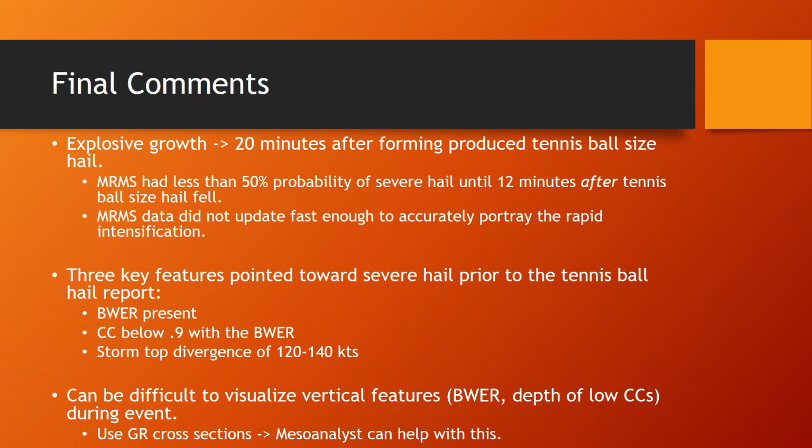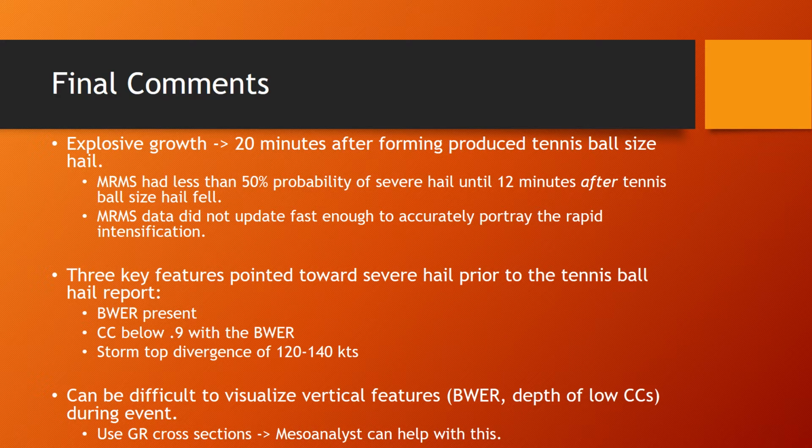So to conclude, I have some final comments. As you can see, this storm had just remarkable growth, very explosive growth. Within 20 minutes after forming, we had tennis ball hail being reported. MRMS had absolutely no idea what was going on with this storm. The storm was developing so rapidly, MRMS just couldn't keep up with it. It had less than 50% probability of severe hail until 12 minutes after we knew about the tennis